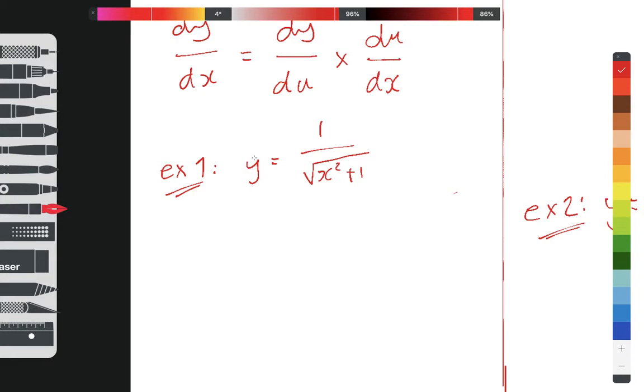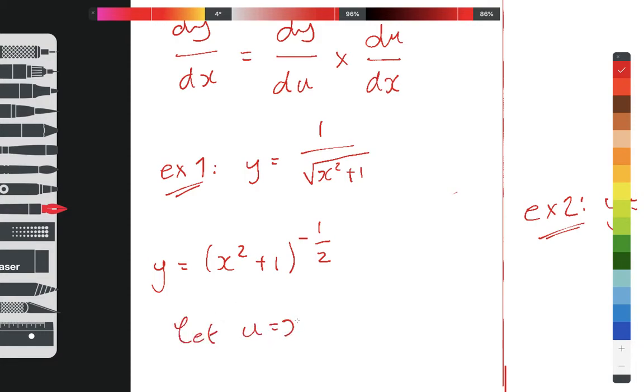So here's my function y equals 1 over the square root of x squared plus 1. I could rewrite this as x squared plus 1 to the power of minus a half, okay? So you're going to need to know a bit of indices to do this as well, but hopefully you can see what I'm doing here. Now, obviously I can't do the derivative of this, I can't expand it. So what I'm going to say is,